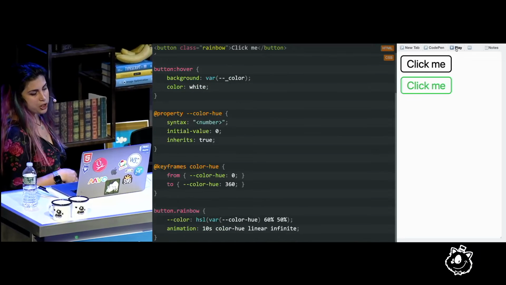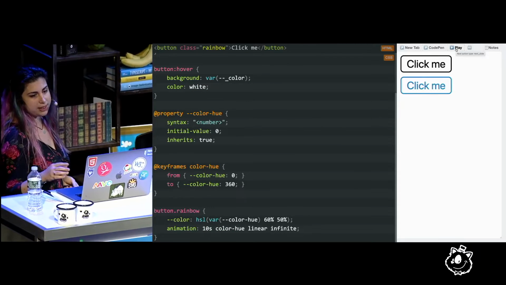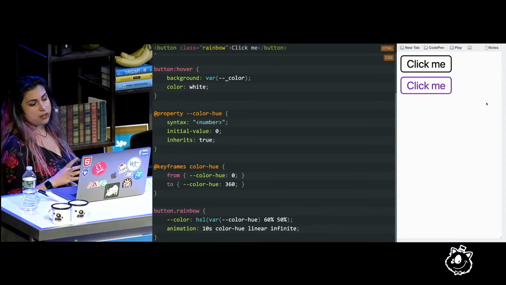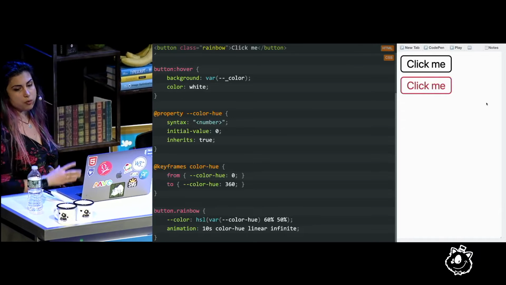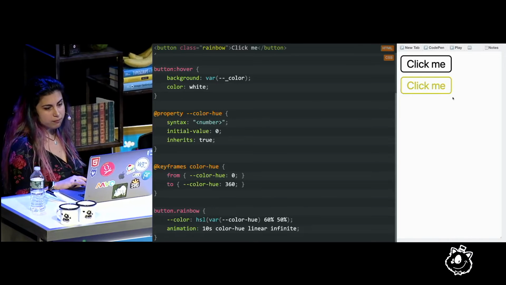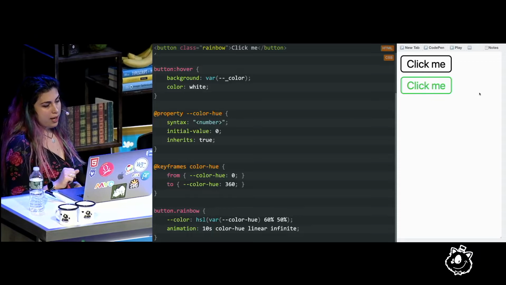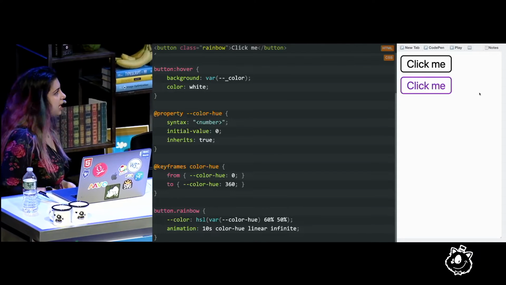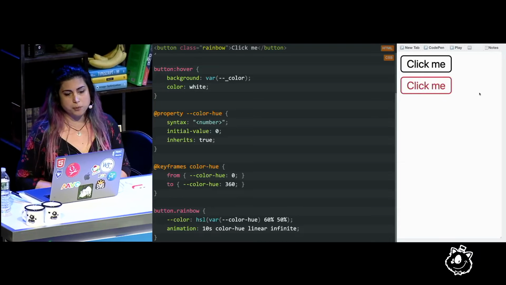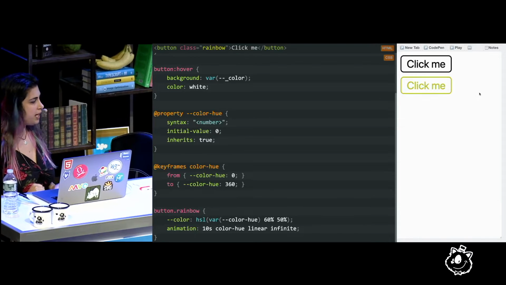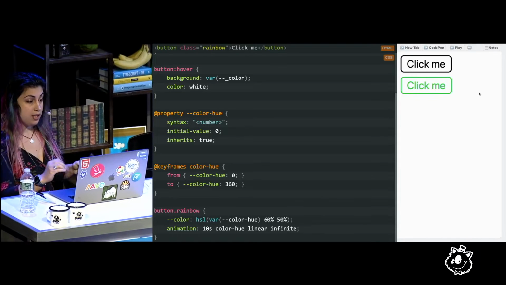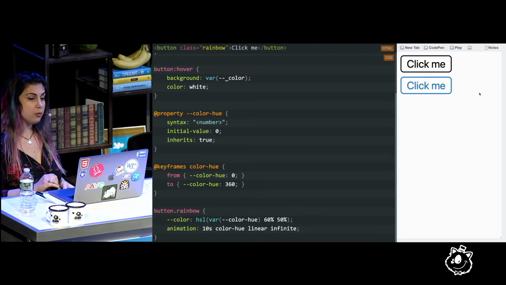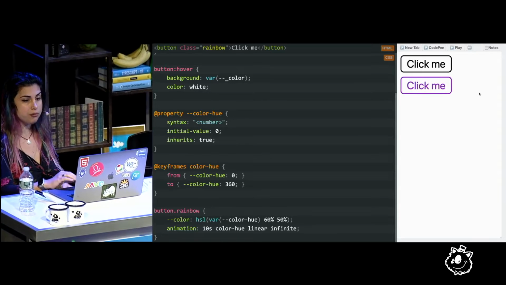And we can put the finishing touch and make it go from 0 to 360 so that it animates smoothly through all possible hues. And as you can see, it works now. And some of you might be thinking, because I see this initial-value descriptor there, does that mean we can bake our color fallback into the color variable without having to use this pseudo-private convention?